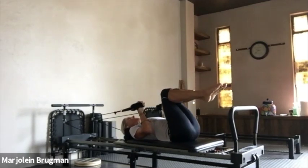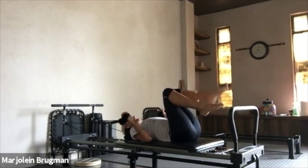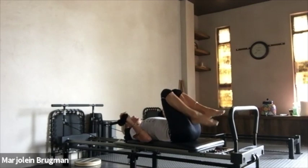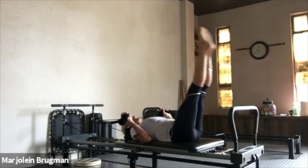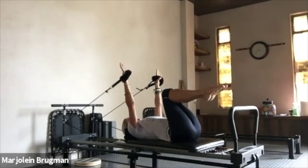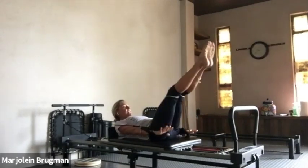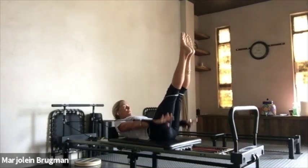Good. Take a break for a second. We're going to do the full 100. So again, the modifications for the legs are, this is completely neutral. This is tabletop, 90 degrees, 45 degrees. Starting with the arms in the air, we're going to lower the arms, lift the head, and extend the legs. Pumping the hands gently up and down, breathing in,